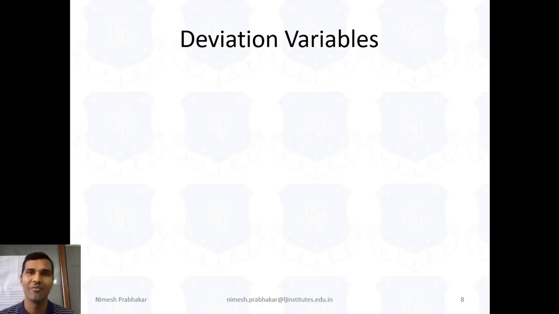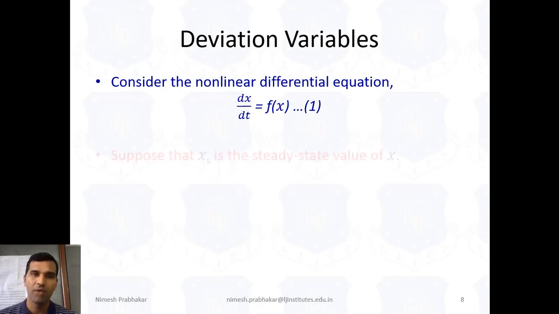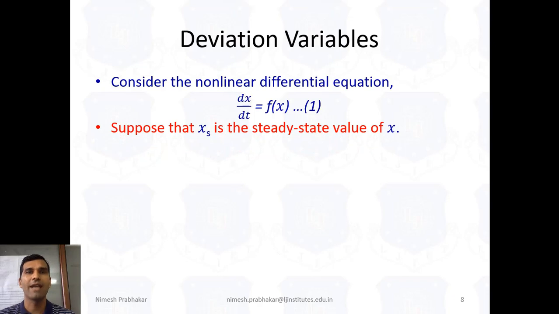Now we see. To understand the deviation variable, we consider the non-linear differential equation that we already considered in linearization, the same dx/dt = f(x). Now suppose that xs is the steady state value of x. That means x is the variable, and xs is the steady state value of that variable, so we can write this equation as